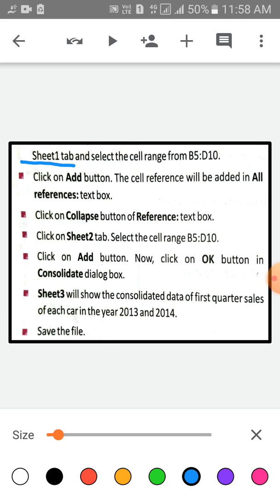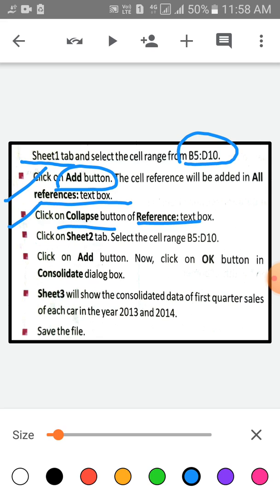Now children, select the sheet 1 tab and select the range from B5 to D10. Then click on the add button. The cell reference will be added in the all references text box. Then click on the collapse button of the reference text box. Then children, click on the sheet 2 tab and select the range B5 to D10.